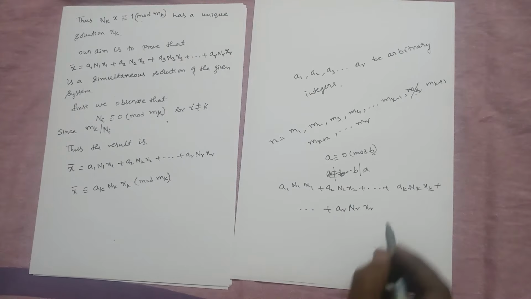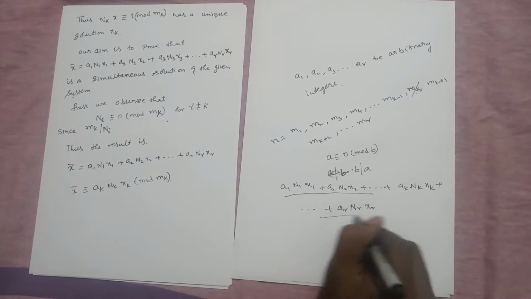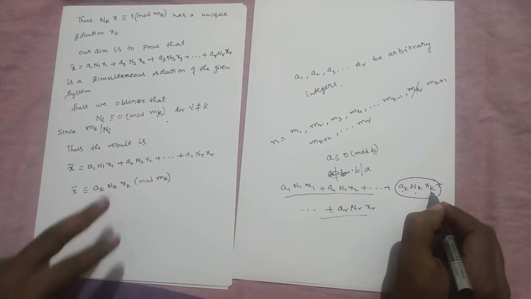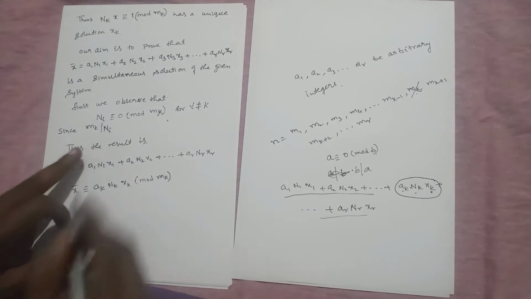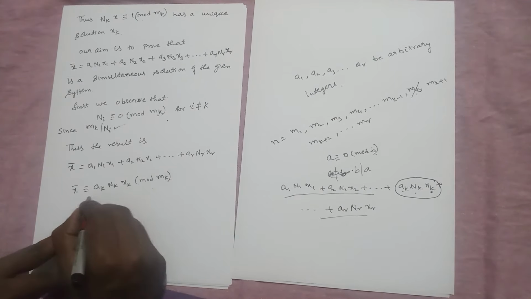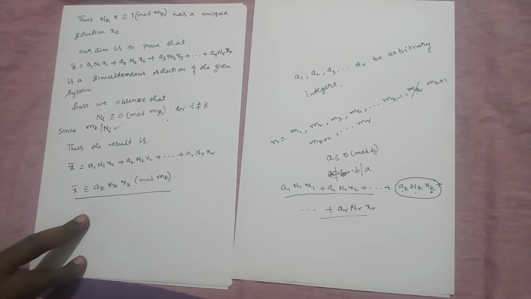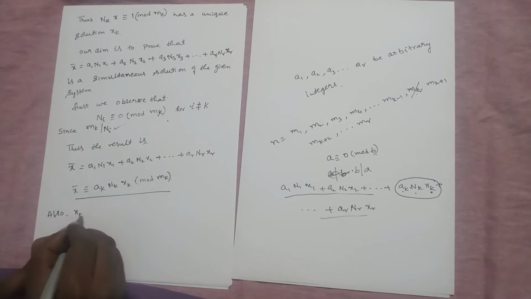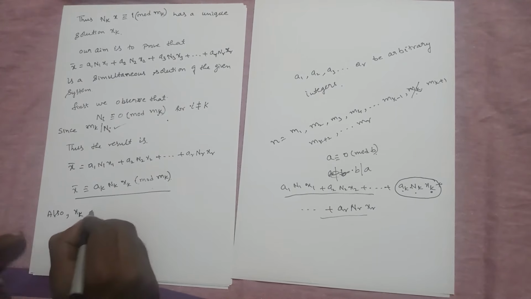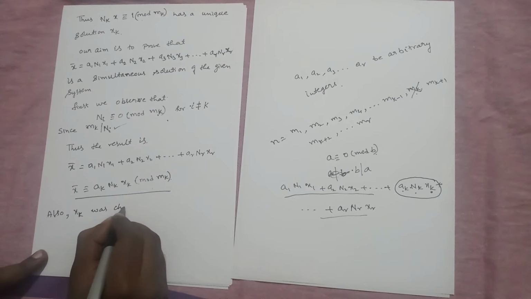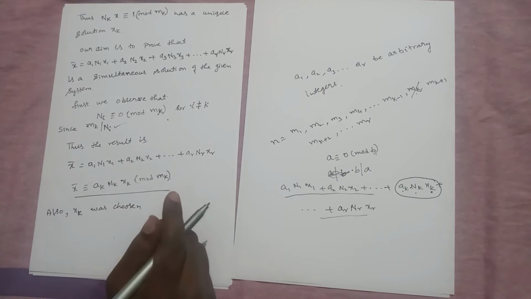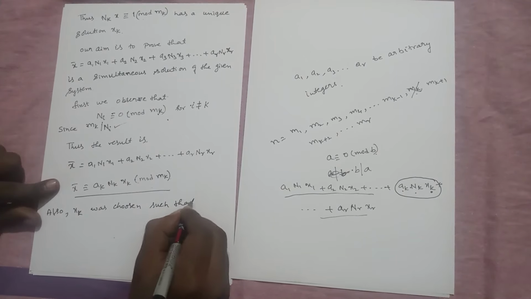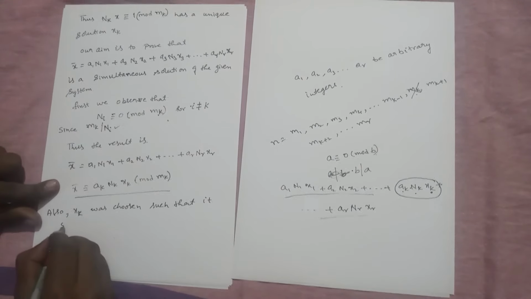So here all are you will get 0, but here you will get the remainder, which is ak nk x to the power of k for the above one. So using this one, you will get this result. So also xk was chosen such that it satisfies